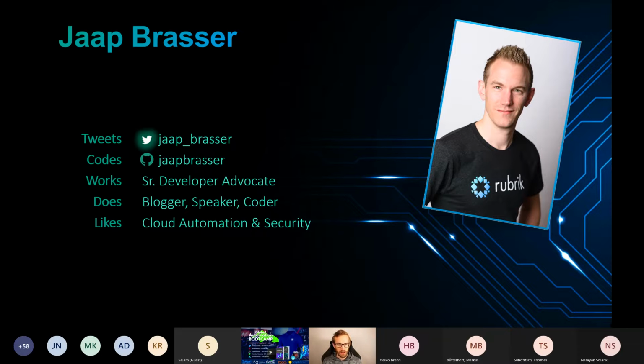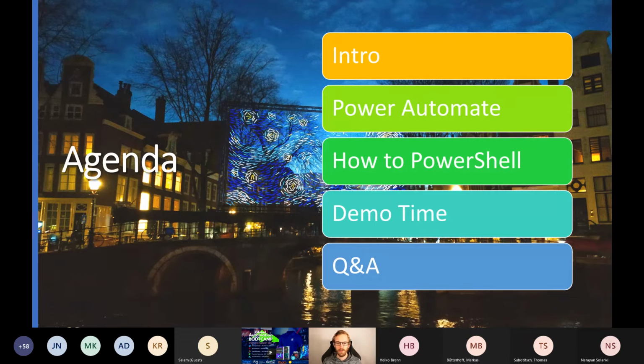So what I'll be talking about today is a couple of things. First, I'll give a bit of an introduction of this talk itself. My presentation will be littered with pictures of Amsterdam because we had snow last weekend, which was very exciting. But unfortunately, it was just for a single weekend. But at least we have the pictures. After the intro, I'll talk a bit about Power Automate, how I got started with it, and how we can use it for different tasks of automation.